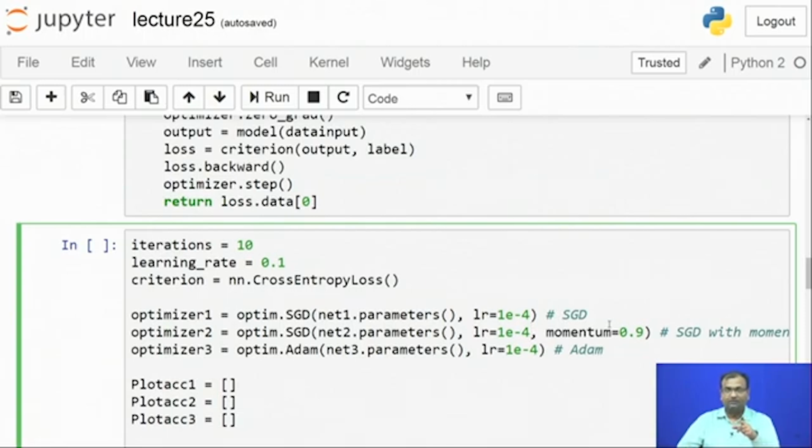So, this is the whole eta times nabla J plus a certain DC factor which is added. It has been found that with adding this momentum, typically what happens is if you are very close to one of these saddle points, so maybe your global minima is over here, but you are actually over here. Now, this being a local minima, your error is still going to settle down to 0 and you